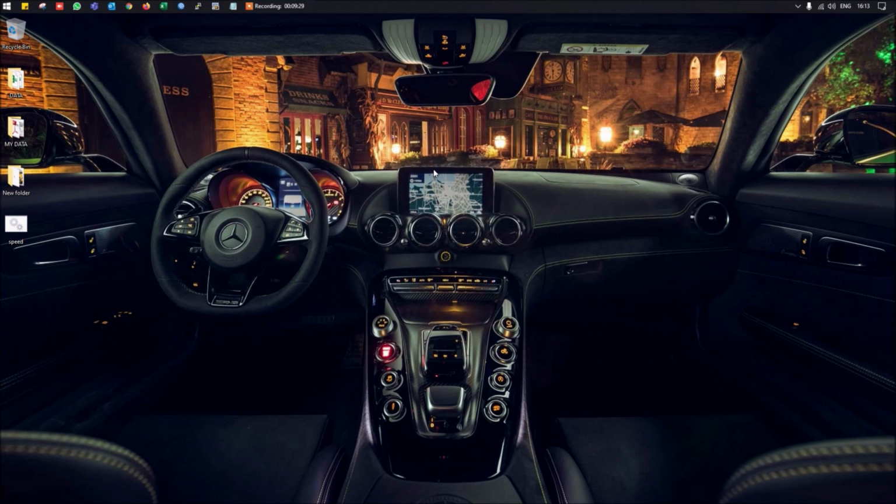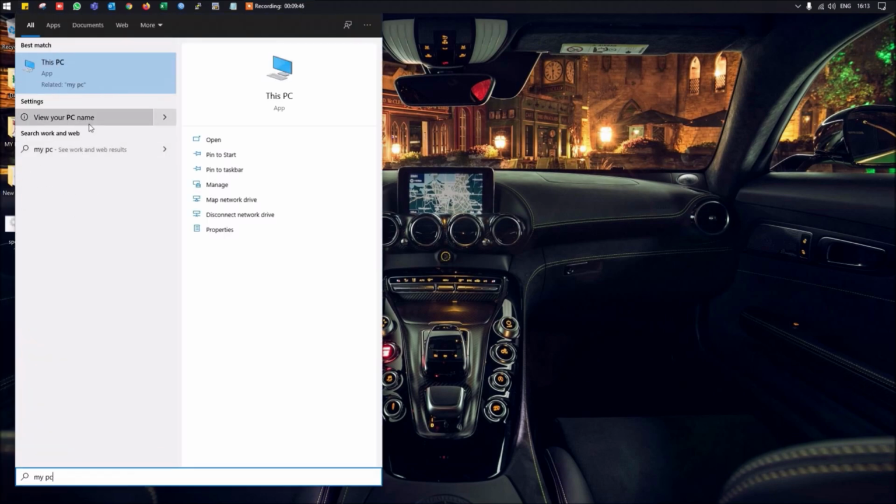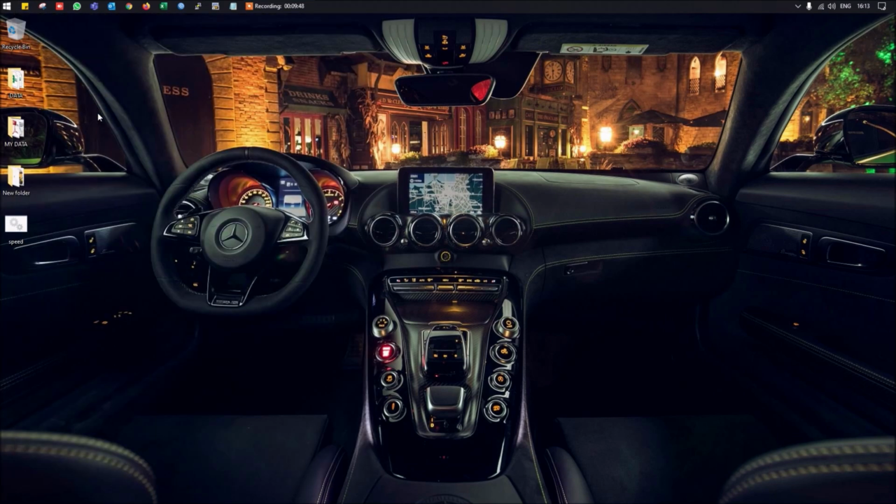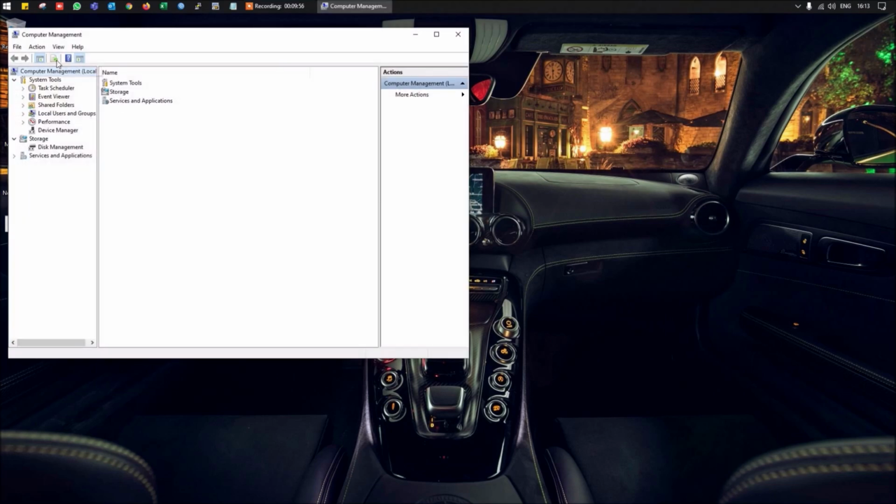To stop or disable the search indexing process, you just need to make changes in Computer Management. For doing that, you simply have to right-click on My PC and choose Manage. You are in Computer Management. Once you click on that, you have to go to Services and Applications. In Services and Applications, you have to click on Services.